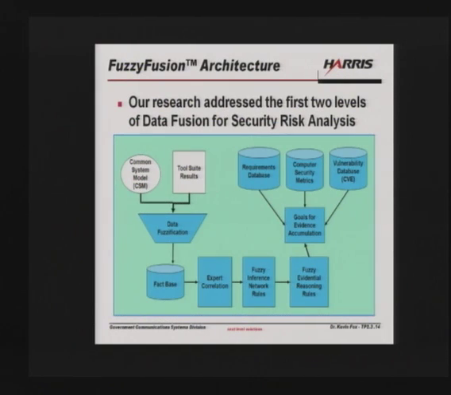And the other thing is that when we took the vulnerability data and we took it apart and split it into the fusion steps that we have illustrated here, where we divided it into fuzzification, correlation, inference rules for the network, and evidential reasoning, that decomposition made the problem a lot simpler. It wasn't a case of I needed a subject matter expert to come in and figure out where the firewall had to go. I could figure it out pretty much from what I got back from FuzzyFusion,